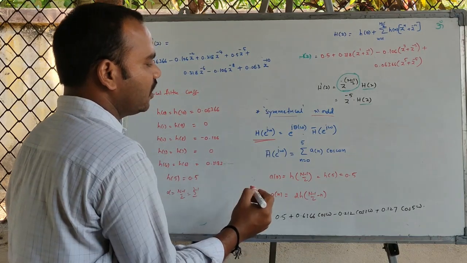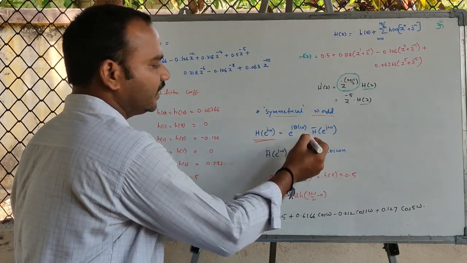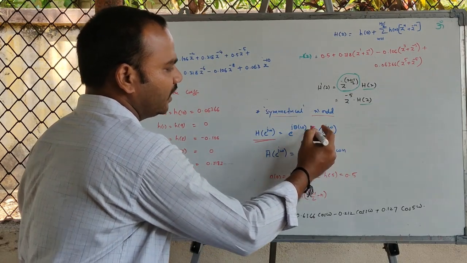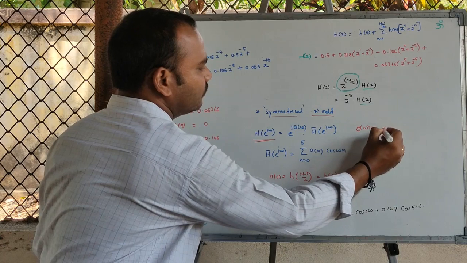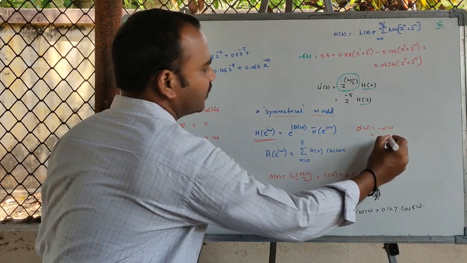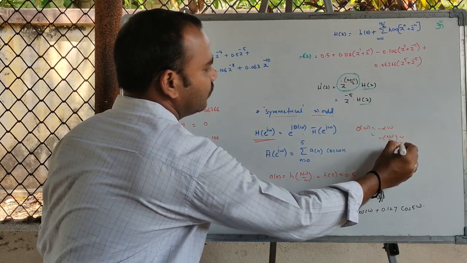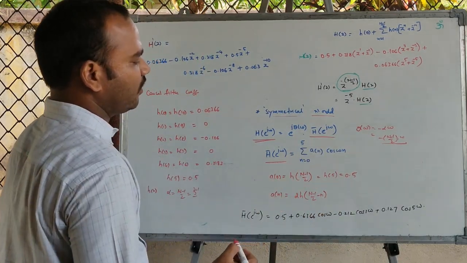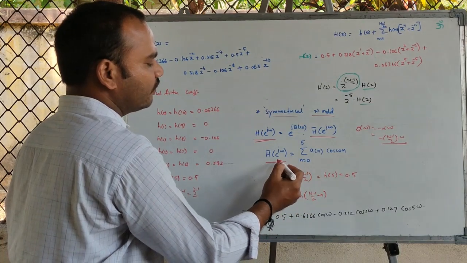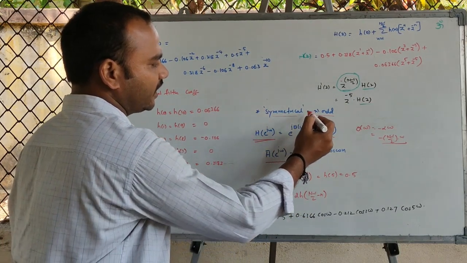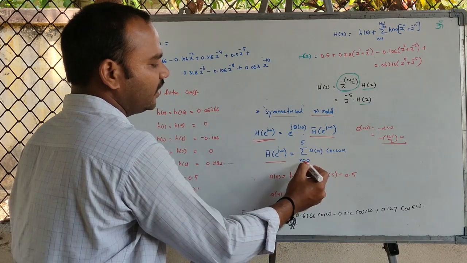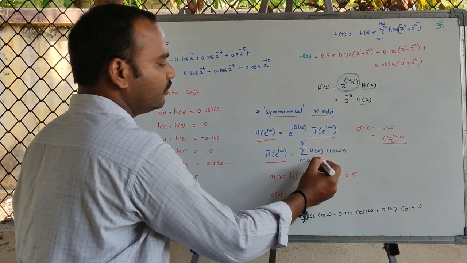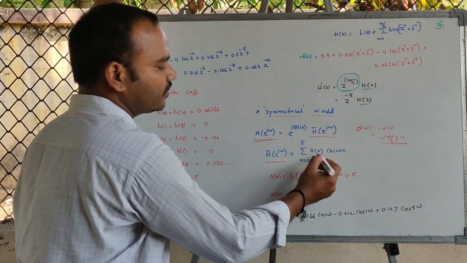the frequency response of the designed filter, then it can be expressed as e power j theta of omega and h bar of e power j omega. Here theta of omega is equal to minus alpha omega, where alpha is equal to capital N minus 1 by 2 into omega. Now, this particular term is the zero phase frequency response. As we have learned, the zero phase frequency response of the case symmetrical and N odd is given by summation n is equal to 0 to 5 a of n cos of omega n. Now, we need to find these values of filter coefficients a of n.